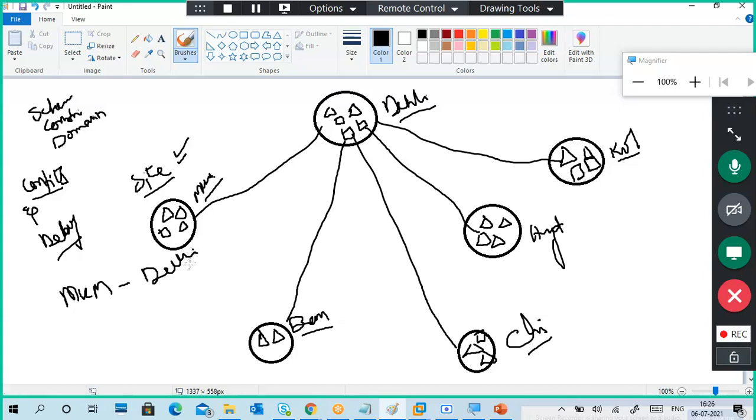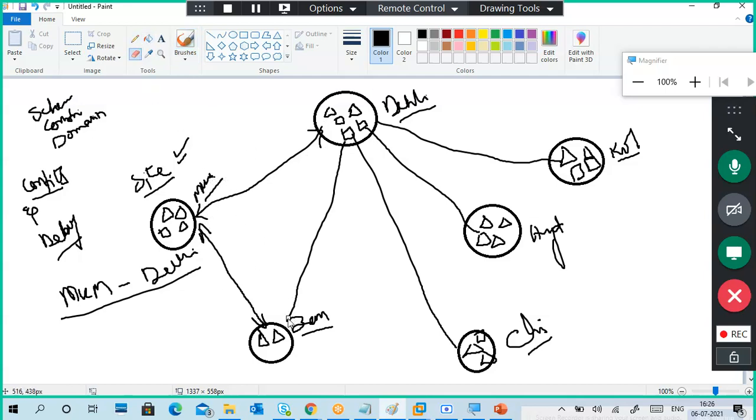Delhi. Okay, Mumbai Delhi, one site to site. Mumbai Bangalore, another one.